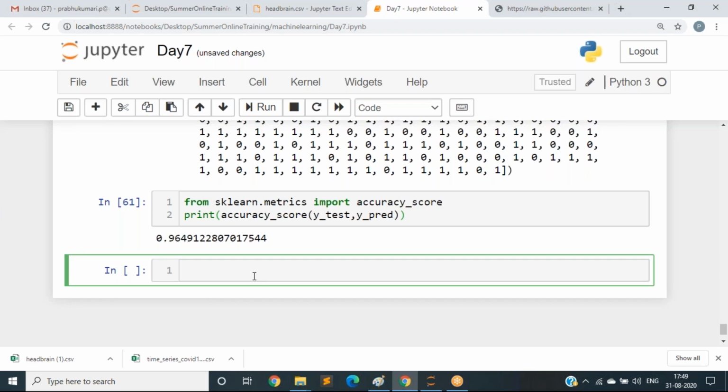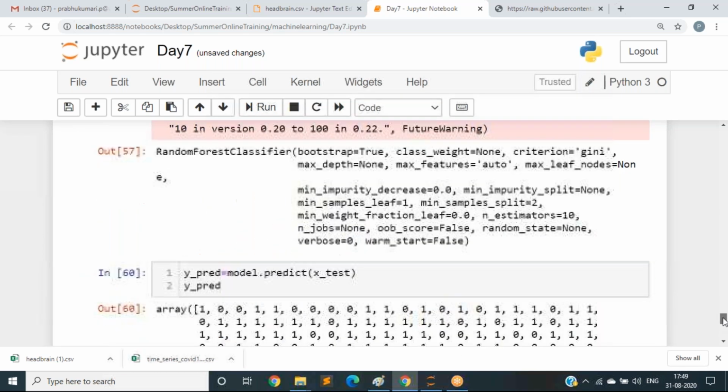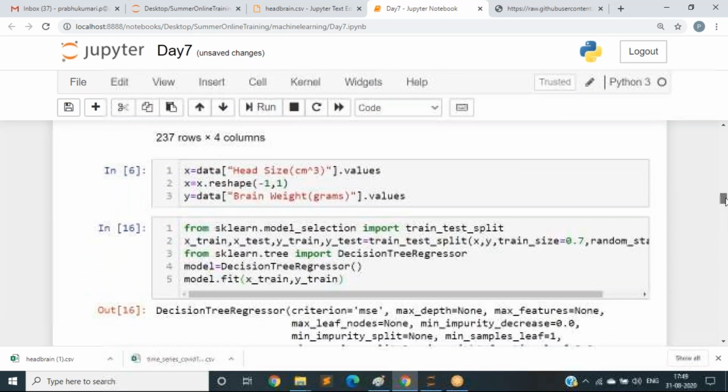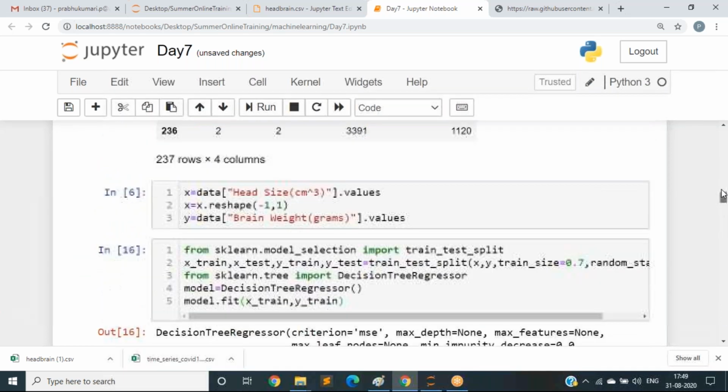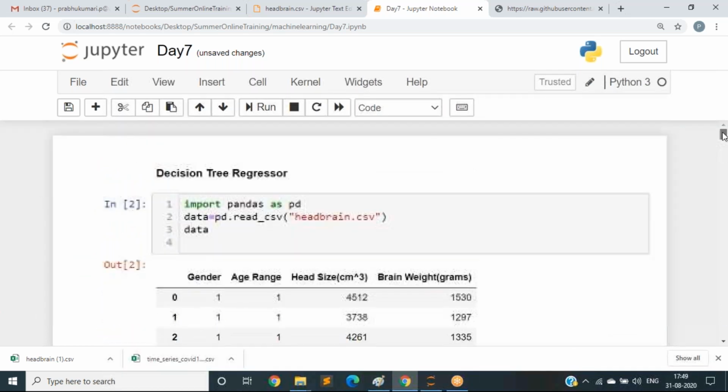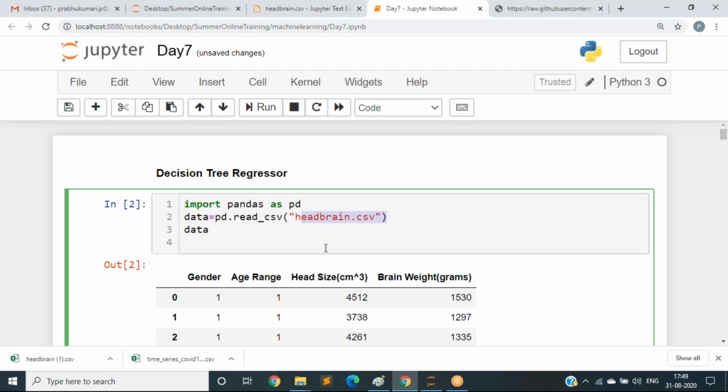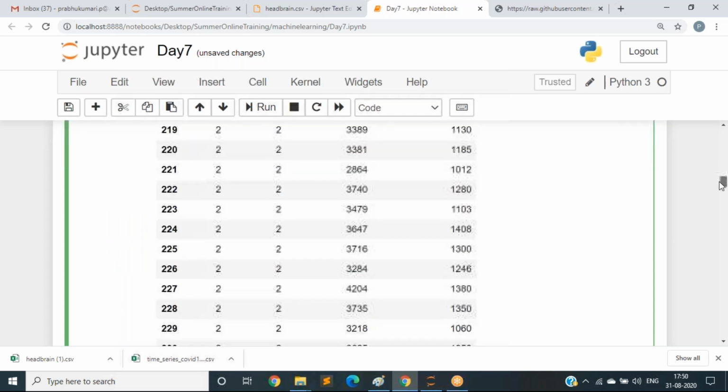Let us also see the random forest regressor. There is also random forest regressor, for the same data set which we have used for this head brain. I think for this head brain we got a more accurate result with the decision tree, right?